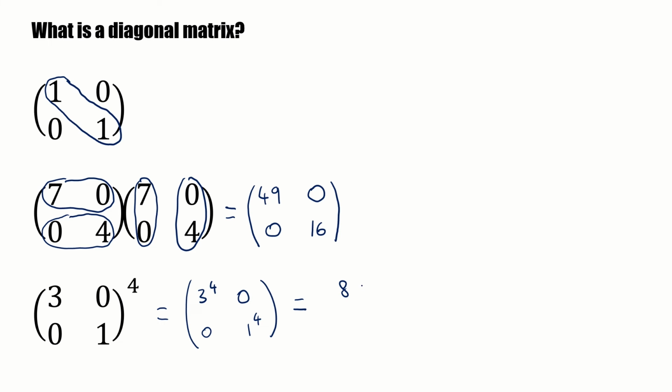So it means 3, 0, 0, 1 to the power of 4 is just 81, 0, 0, 1. So very easy indeed to calculate stuff with. Now that's all well and good when you have a diagonal matrix, but what if you don't? Well, that's where the process of diagonalization comes from. It allows us to rewrite a matrix in terms of a diagonal matrix, thus making it easier to do certain